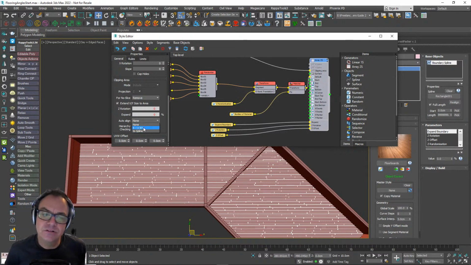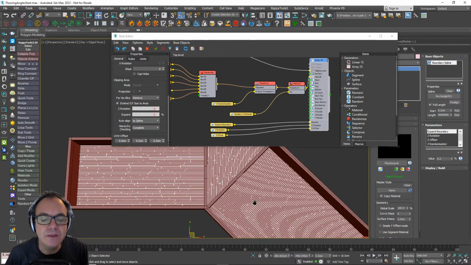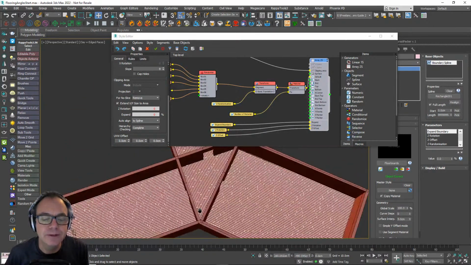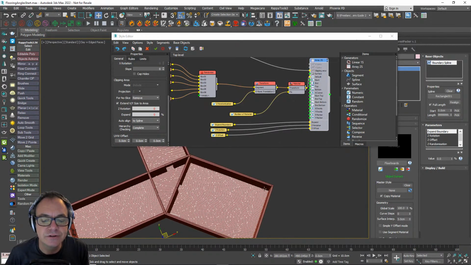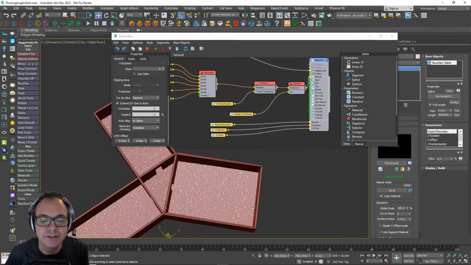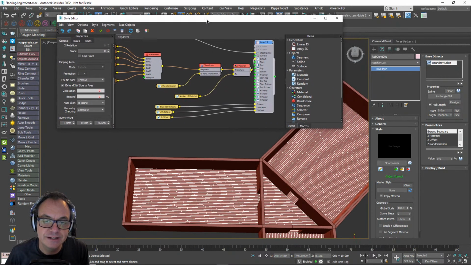X to XY is good for roofs and things like that, because it basically aligns it to the bottom, the lowest line of the array. And then to spline uses the vector between vertex 1 and vertex 2 in the spline. So if I change it to spline, you'll see that it starts to change direction, and that is because of the vertex 1 to vertex 2 alignment, like I say. So you can therefore change this by just changing which vertex is first.